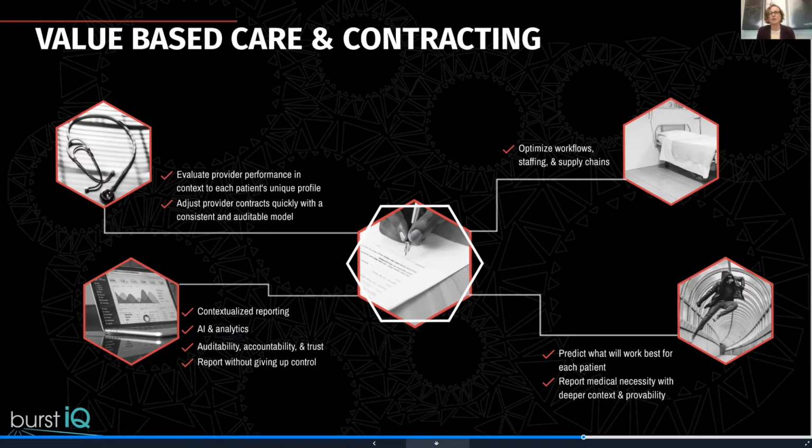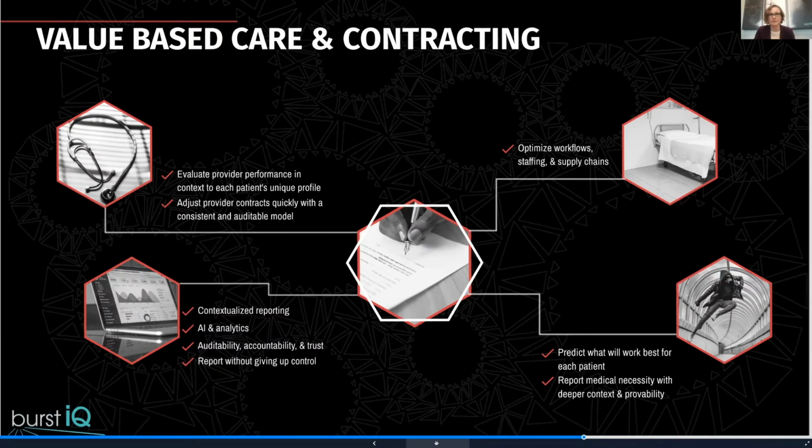And people are often really hesitant to give their insurance company more information, and rightfully so. They're worried that it's going to be used against them. In both cases, there's an opportunity to use trusted data, LifeGraphs, and consent and governance to make value-based care and value-based contracting much better, both for people and for the industry.